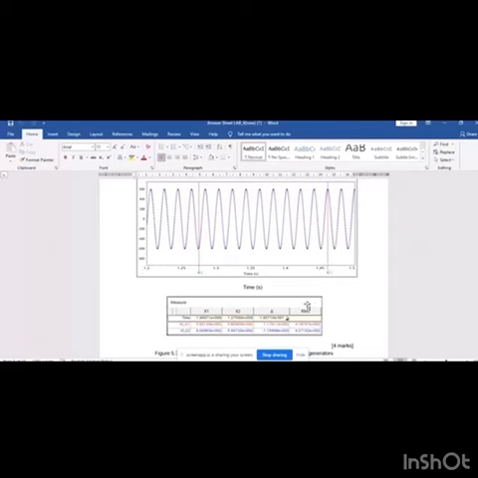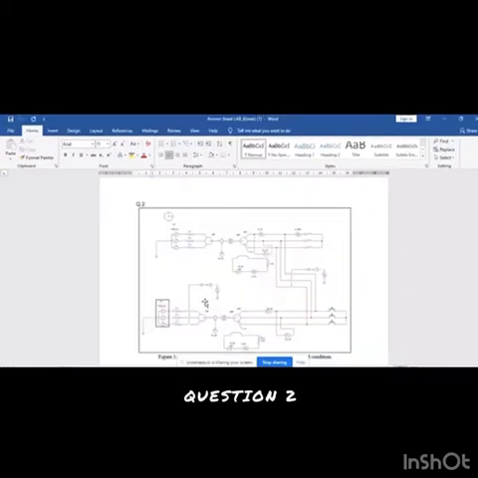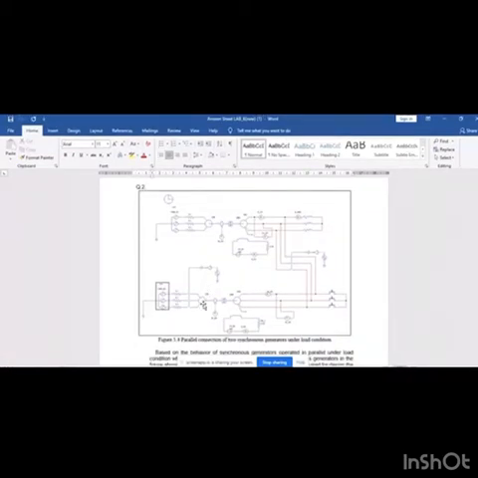For the RMS value of the line voltage, generator 1 is 4.187 and generator 2 is 4.271. It is slightly different between the line voltage of generator 1 and generator 2. That's all. For question 2, the question asks to design a parallel connection for the line voltage waveform of